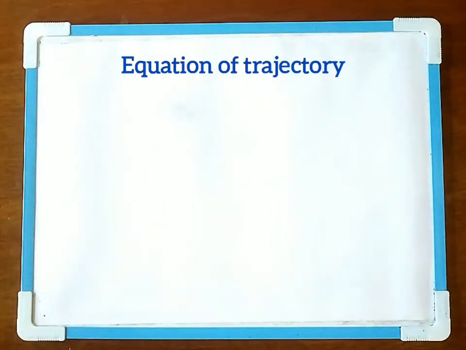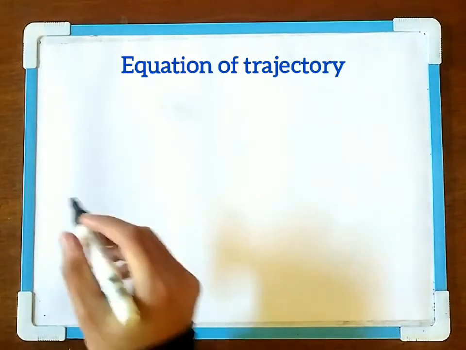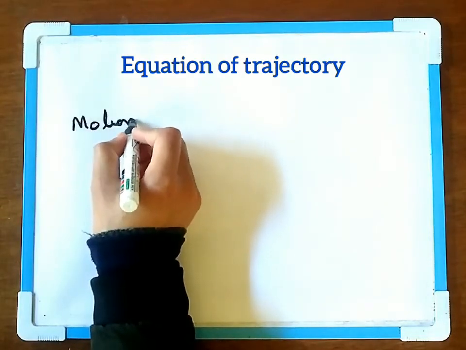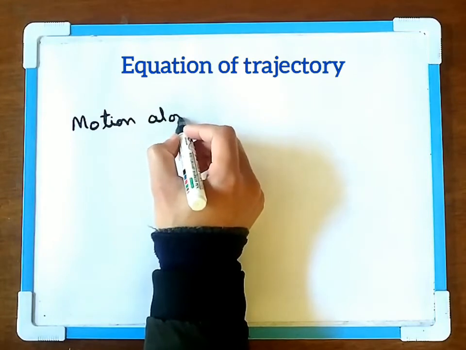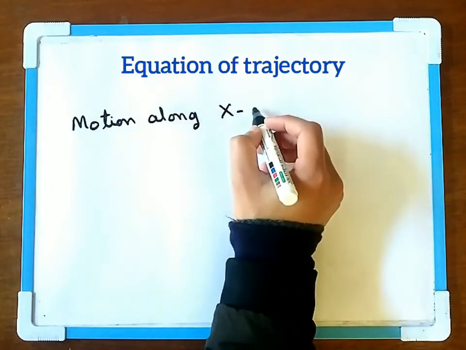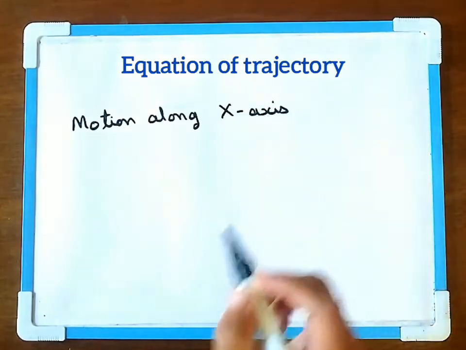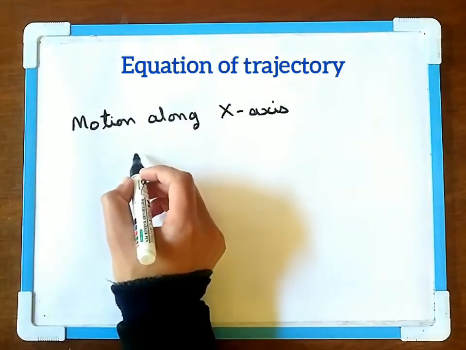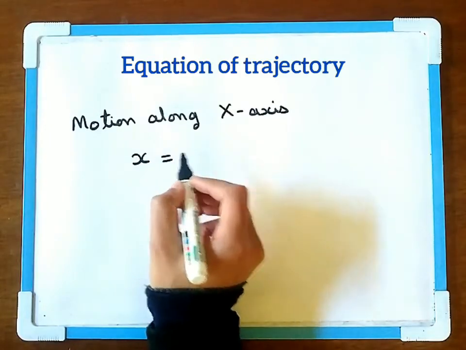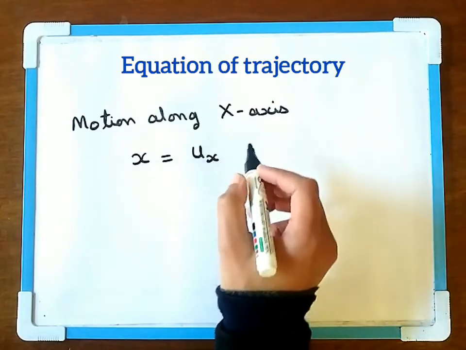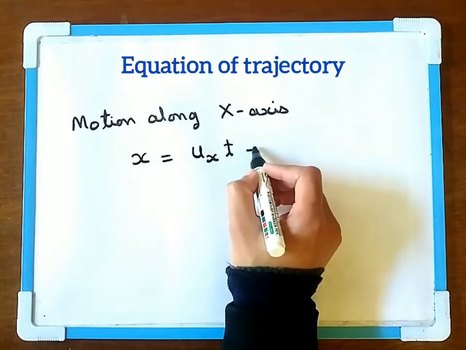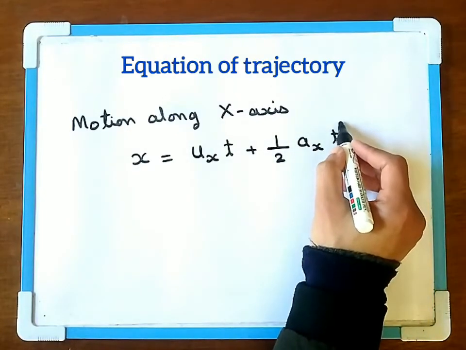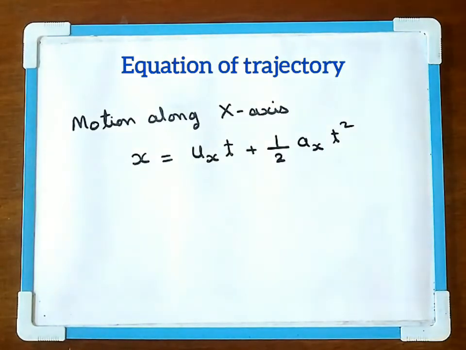So here we are going to divide the projectile motion, one along the horizontal direction. So motion along, say, the x-axis, which is the horizontal direction. So for motion along the x-axis, we'll have to use this equation of motion. x is equal to ux t plus half ax t square. So this is the motion along the x-axis,